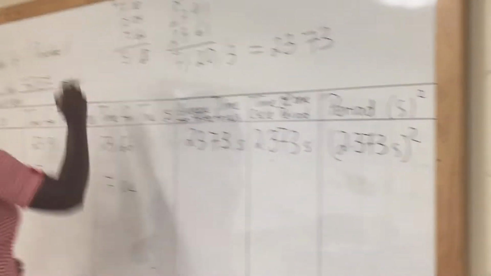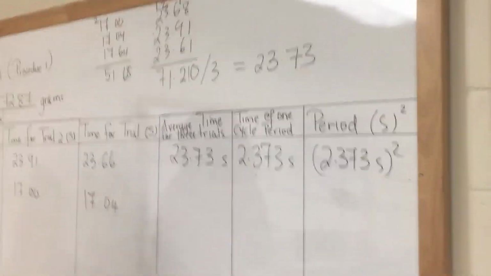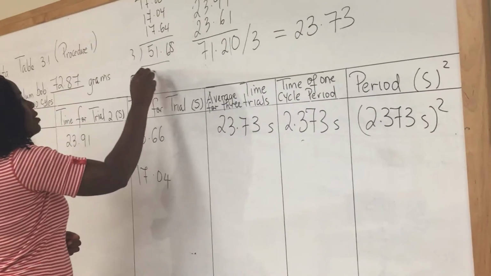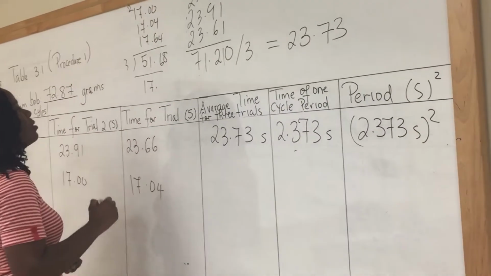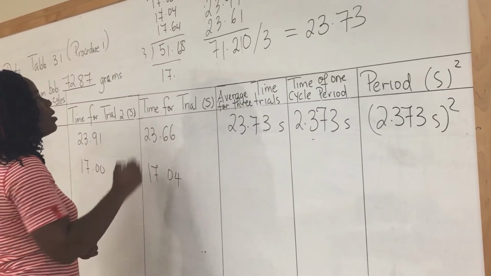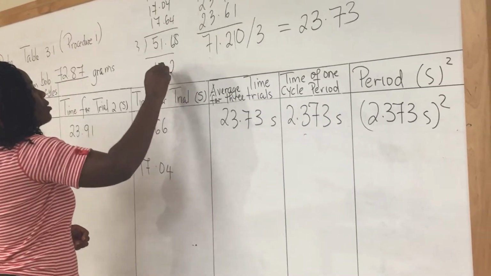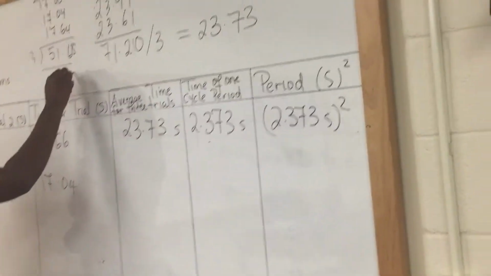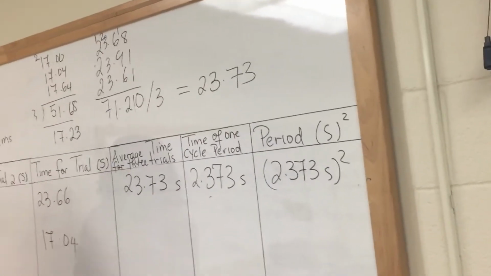All right, so here I have 51.68, and when I divide this by 3, I will have 17.23. So the average here is